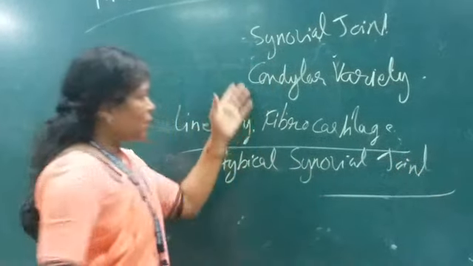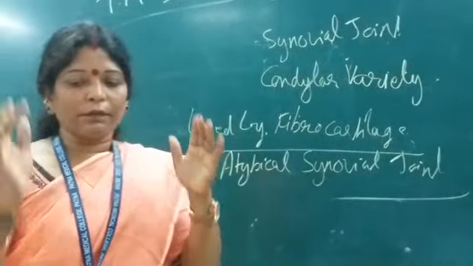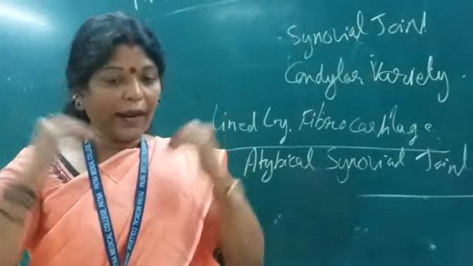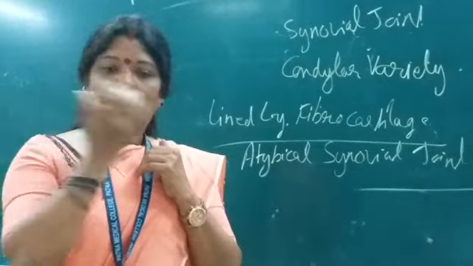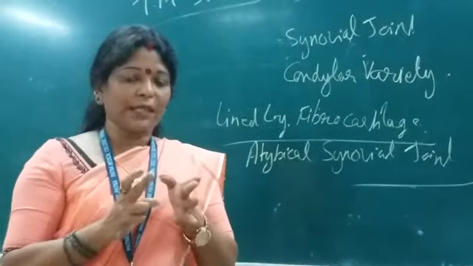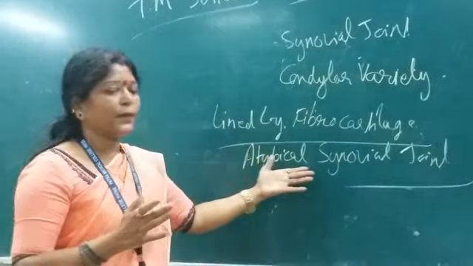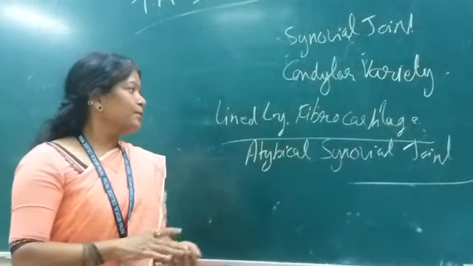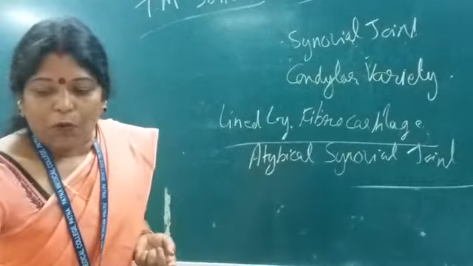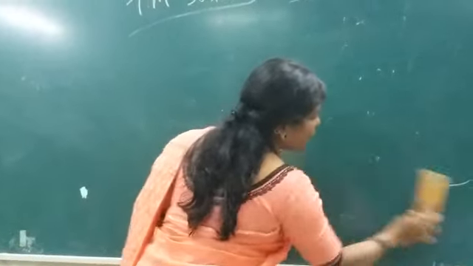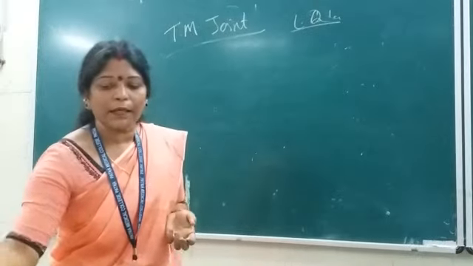So this is the introduction of the temporomandibular joint. It forms between the skull and the mandible. It is two in number, but the same joint, a single joint with bilateral representation, atypical synovial in nature. Now, what are the surfaces, how is it formed, what are the articular parts of both these bony areas?